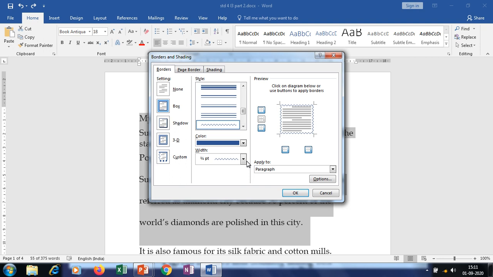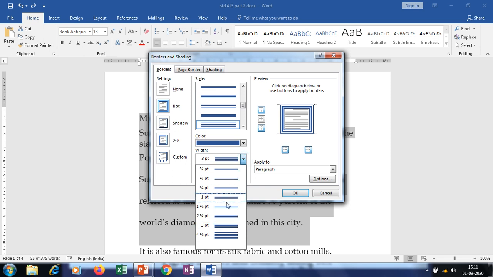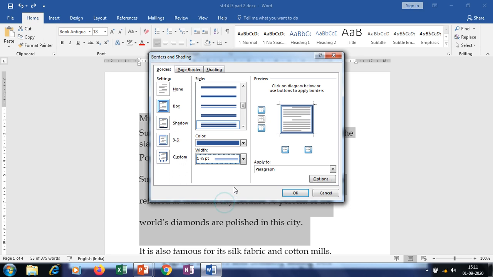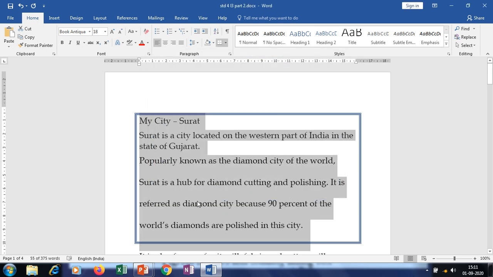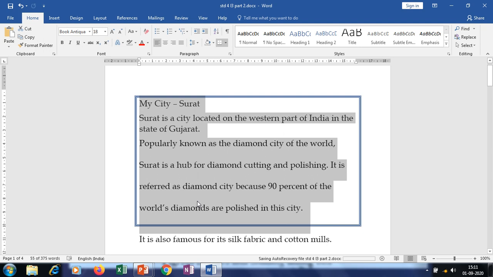You can see the width over here, it is 3 and 3/4 and 1.5. Whichever you want you can select. If you don't want this, you can change it. Here you can see so many options in width, how you want it. I'll select this one and click on OK. Now you can see the borders for the particular text which I have selected.